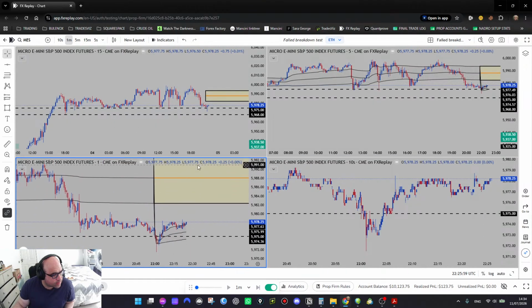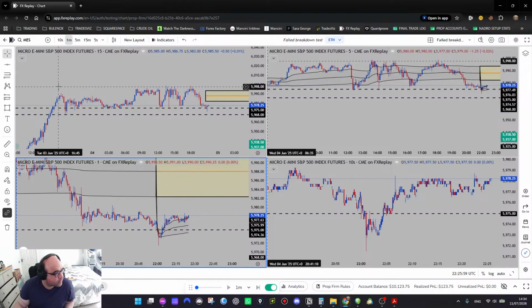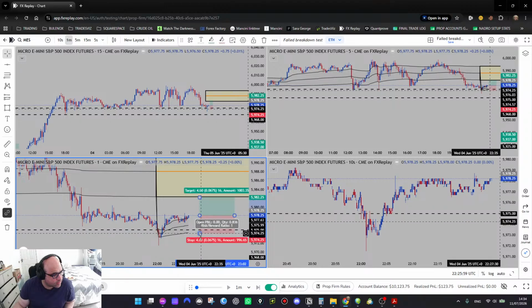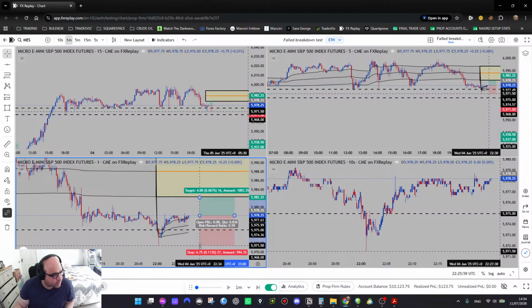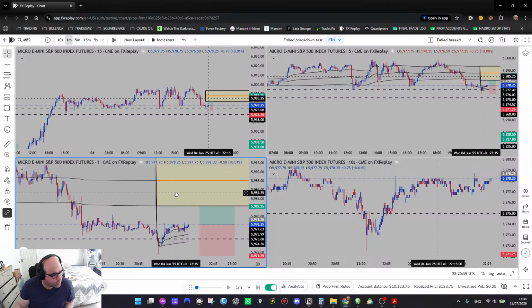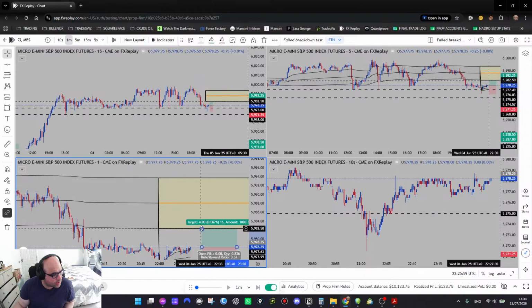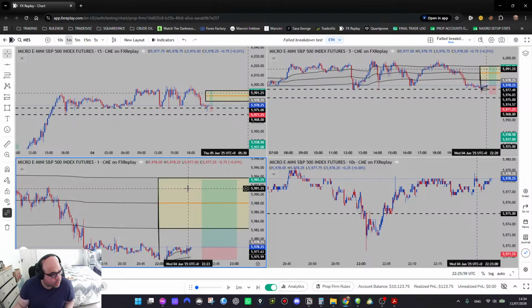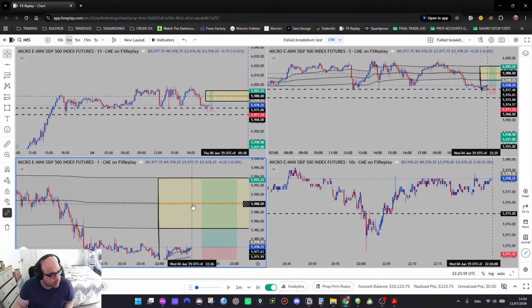So we're gonna end up with 3 contracts. First thing first, we're gonna take a position to the long. Let's say we enter here. We put our stop loss, let's say here. Our end target is the previous day high. This is about there. And then we're gonna be scaling out right at the VWAP.